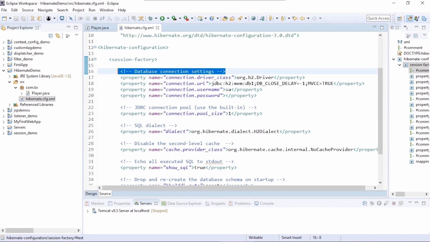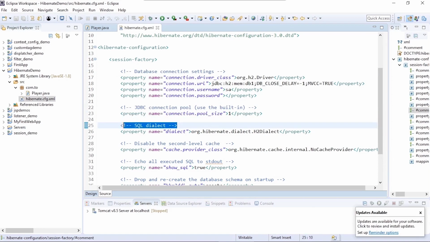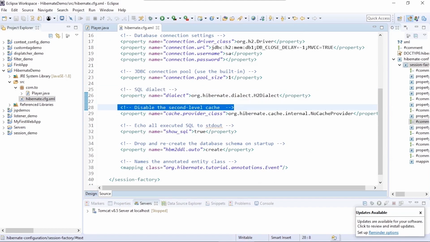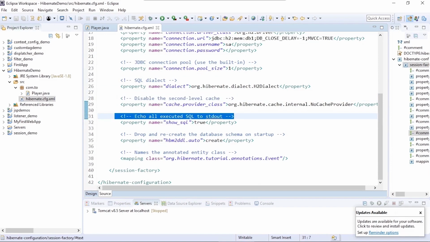Then next we have the connection pool setting to set the pool size. We have the SQL dialect depending on which database you're connecting to. We have the cache if you want to turn it on or off. This is the line that will spit out the SQL that the Hibernate framework will automatically be creating for us.